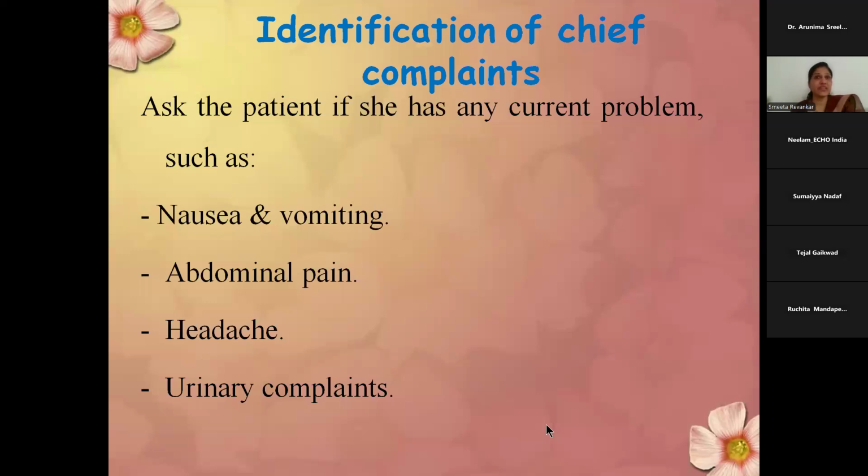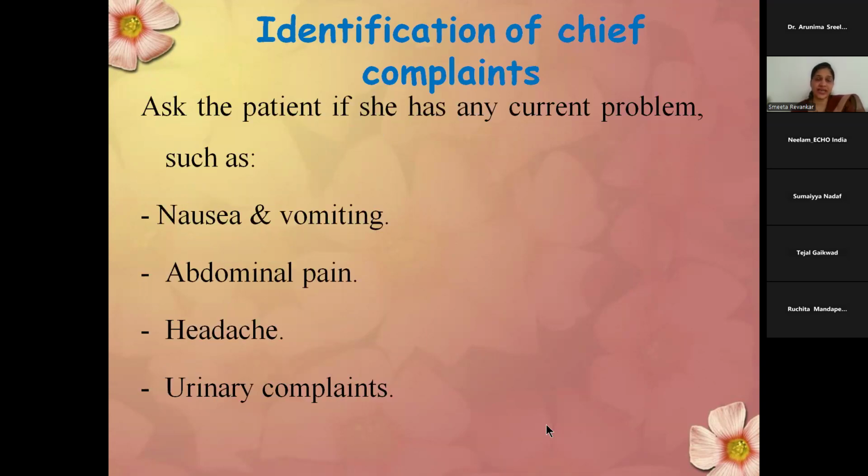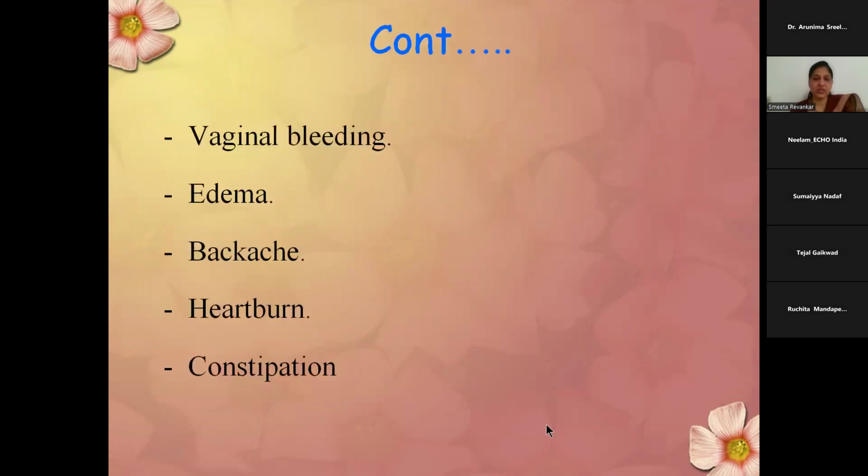Whether she is having headache or any urinary complaints, because at times women may have UTI also during the first trimester. If she is having any sort of vaginal bleeding, a small spotting is okay, but if she is having continuous spotting, that is a bit of a concern. So we have to ask her regarding the vaginal bleeding, edema, pedal edema, or at times even at the vulva. Sometimes the woman will be having periorbital edema.